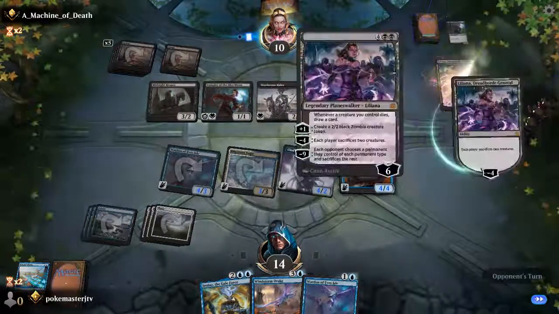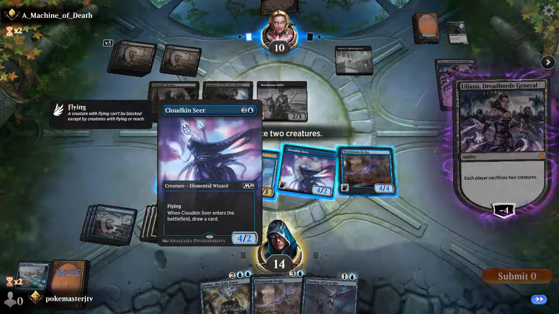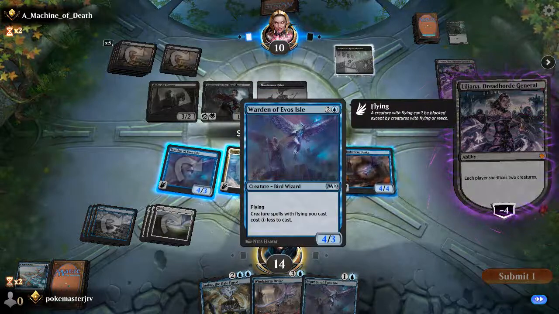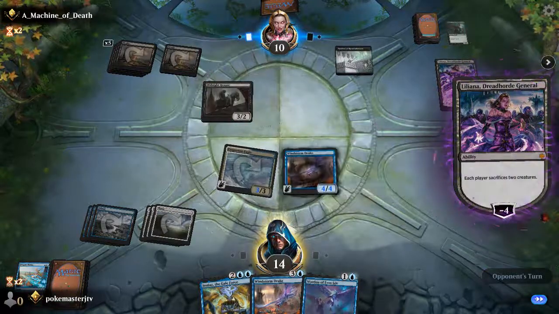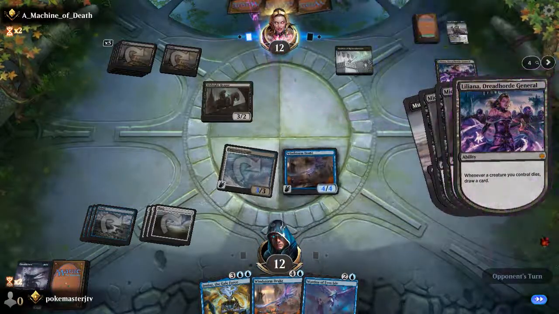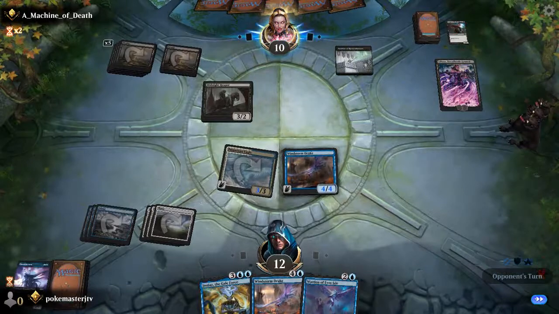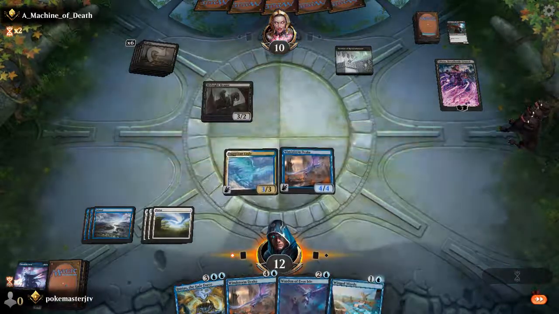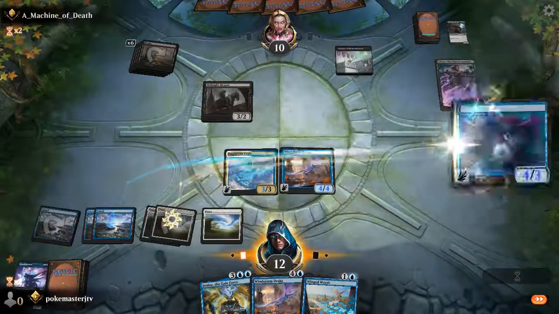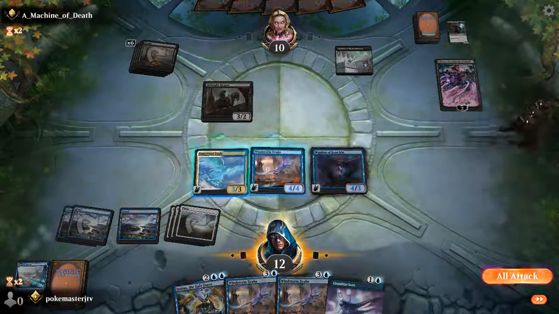But he's gonna make both of us sacrifice 2 creatures. Gotta sack the Kaldheim Seer and Warden. He's gonna sack his 2 lifelink here, so he's gonna get a bunch of triggers, gaining a bunch of life and drawing a bunch of cards. So he didn't end up gaining life because that made him lose life, but we'll play Warden of Evos Isles, and then a Winged Words. We didn't get a land, which sucked,